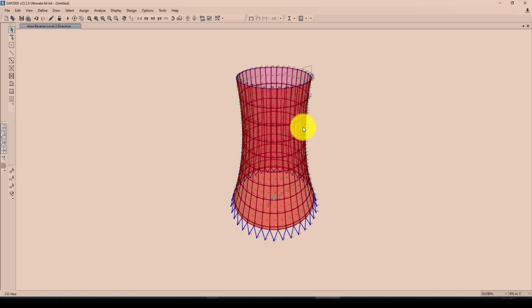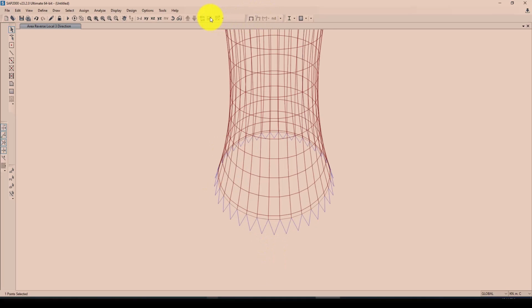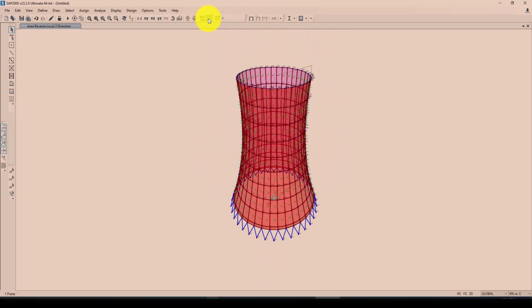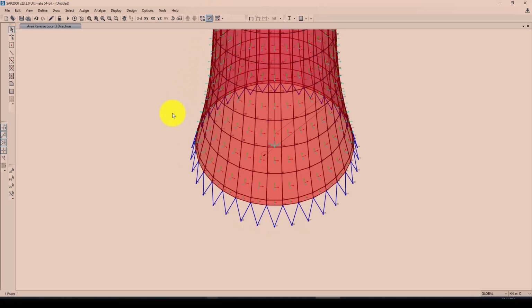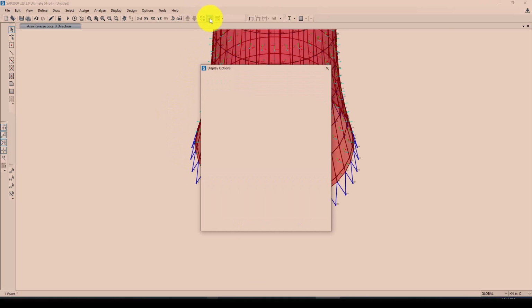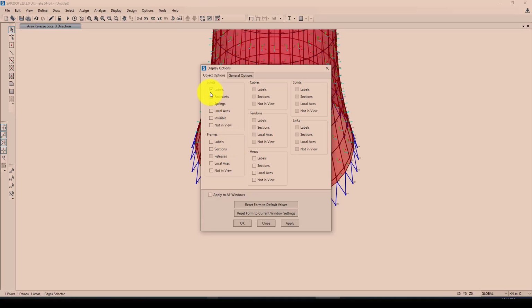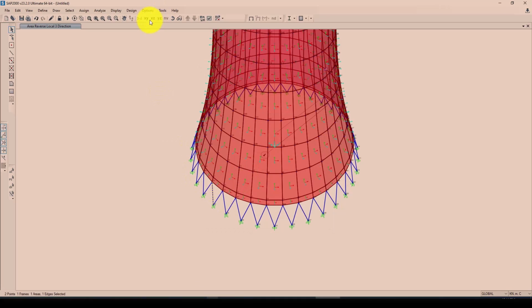Now the color is changed. So now the model is completed. The model is completed, and you can go to view here, because the restraint is not shown. You can go to here and click restraint. Okay. Now the modeling is completed, so we will conduct some analysis and also define some sections, especially column and